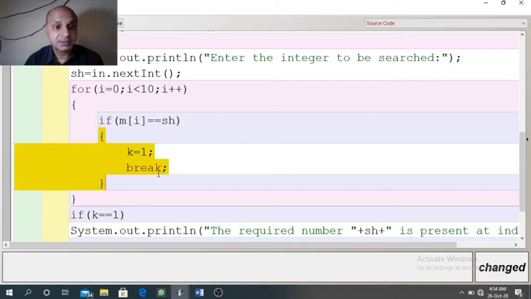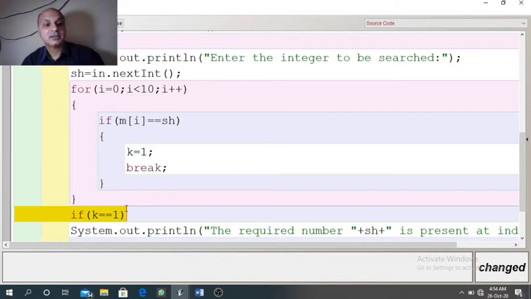Remember here break is applied inside the body of if, but this if is inside the body of the for loop. So when the break statement executes, it will take the control outside the body of the for loop. It means control will go outside the block of the for loop, means here. So it will terminate the loop.